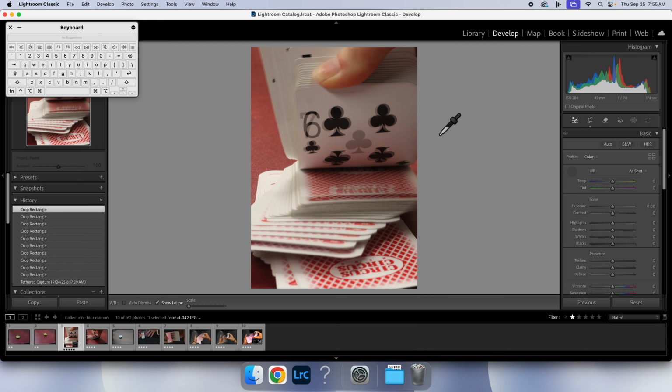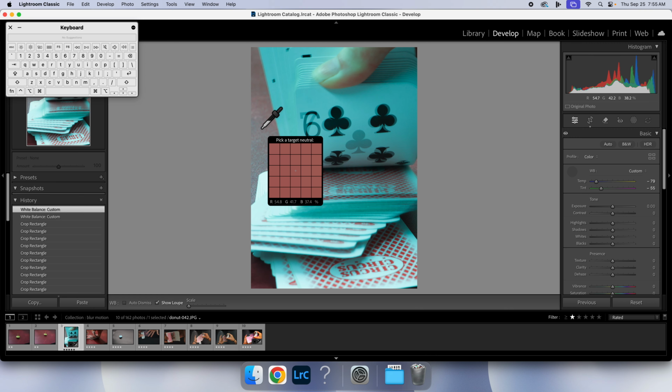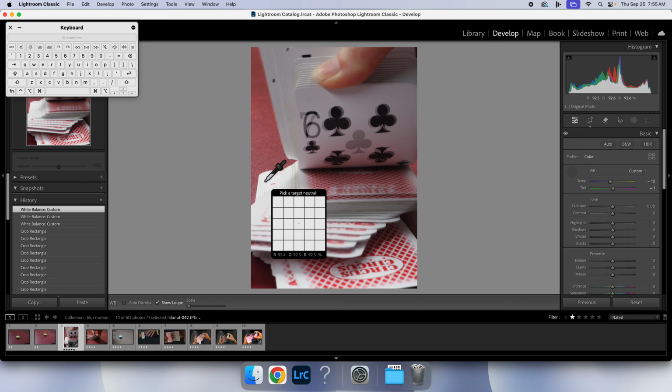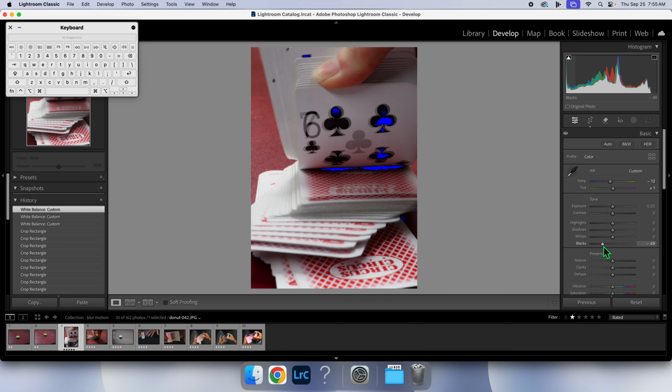I'm going to do white balance. So the eyedropper, you want something neutral, gray. I think that won't work. So gray or white, that looks pretty natural to me. And then I'm going to click on my triangles and I'm going to set my black point. So I'm going to go down until I see blue. So this area, it doesn't matter if it has details. I'm going to bring my white up and it's going to move